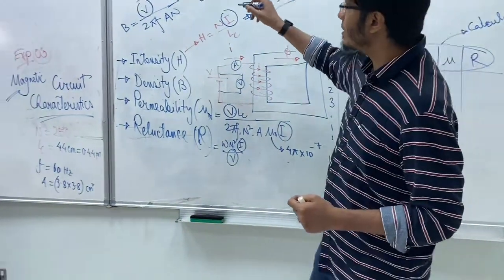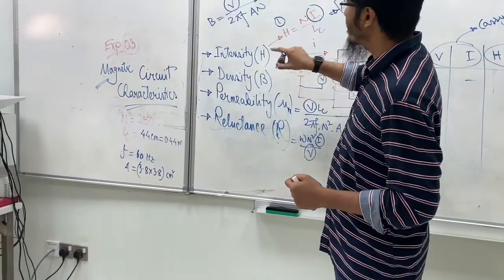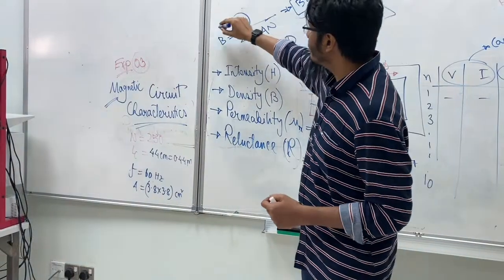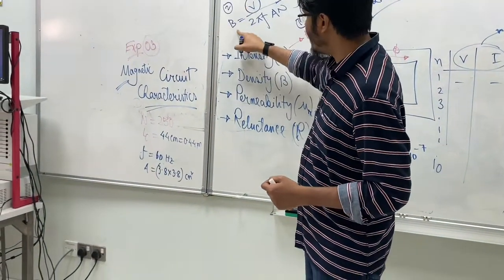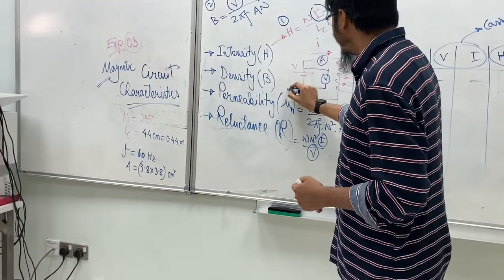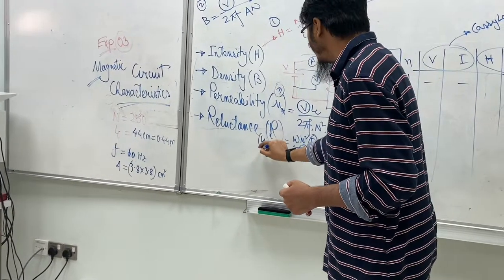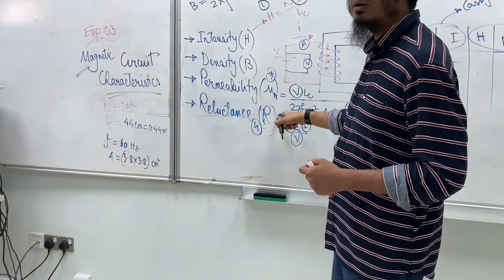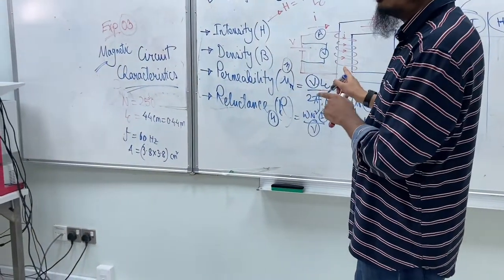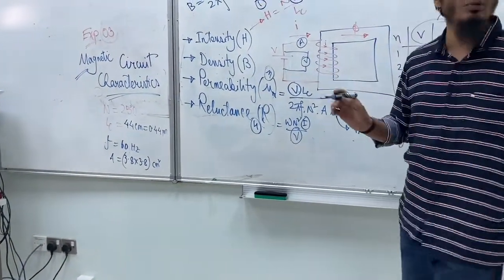4 formulas I have written. This is formula number 1 to calculate H. Formula number 2 to calculate B. Formula number 3 to calculate mu. And this is formula number 4 to calculate R. Okay? You have to put all of them, and after getting all the values, you have